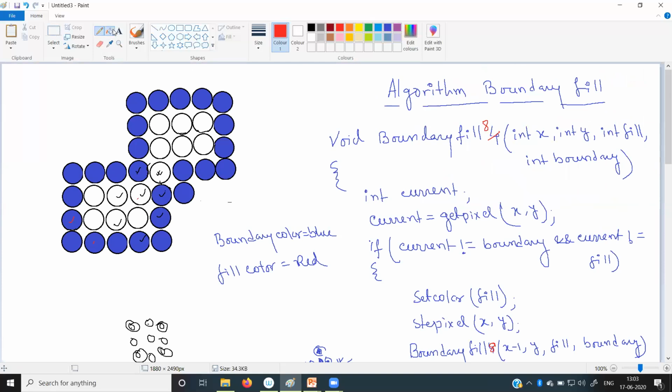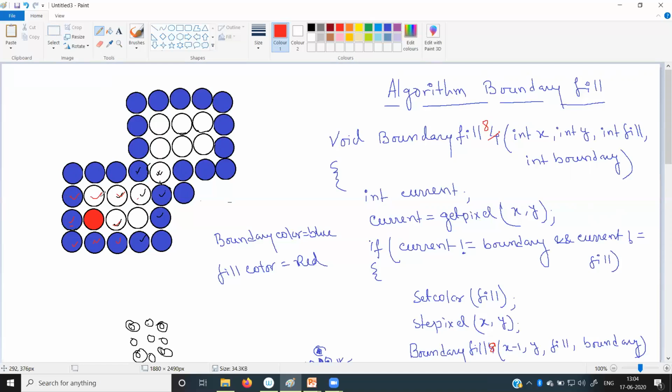So let us see how it can solve the previous problem. We'll start with this one. We will fill it with the red color, as it is not the boundary color and not the fill color. And apart from the filling, it will call the function for all its corner points. So what are they? All the 8 nearest neighbor pixels. Those are the 8 nearest neighbor pixels for this particular red colored pixel. Among these 8, the rest of the pixels are filled up either by the boundary color or the fill color.